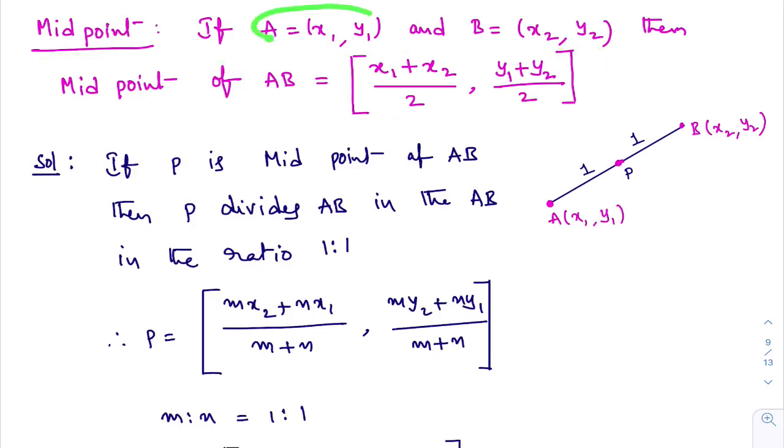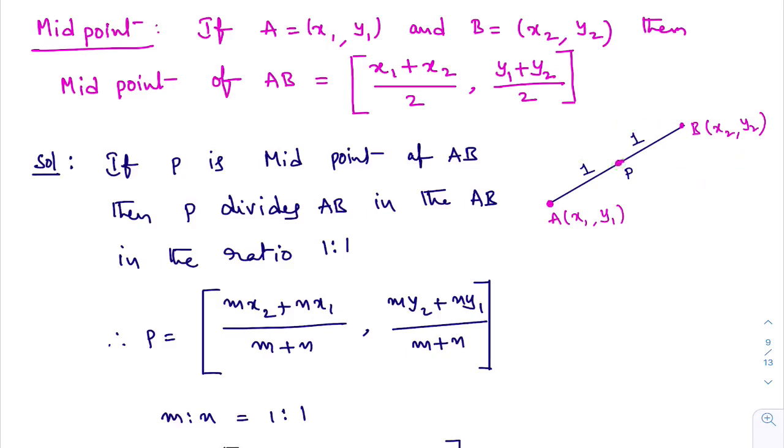As they given A equal to (x1, y1), see here I taken A equal to (x1, y1) and they given B is (x2, y2). You look here, I taken B is (x2, y2). Midpoint of AB. See here I am taking P is the midpoint of AB. P is the midpoint of AB means in what ratio P divides AB? Suppose as P is midpoint, this length is 2 units, this length is 2 units. In what ratio P divides means 2 divided by 2, that is nothing but 1 by 1.